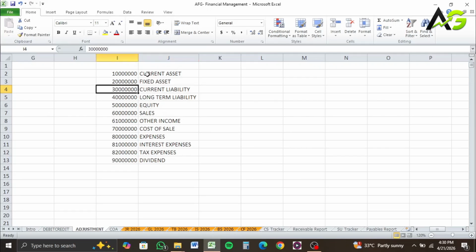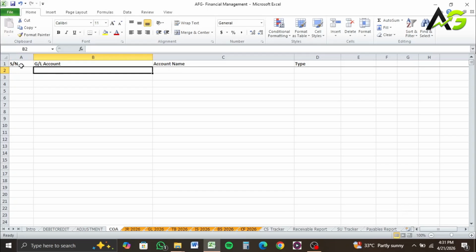So the first one we're going to open is the current assets, cash, right? We got cash, so we need to do cash, and the second one I will open is equity. So cash, now